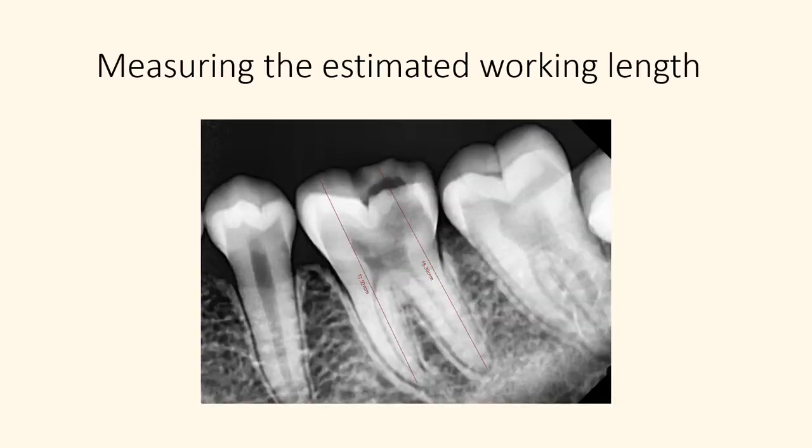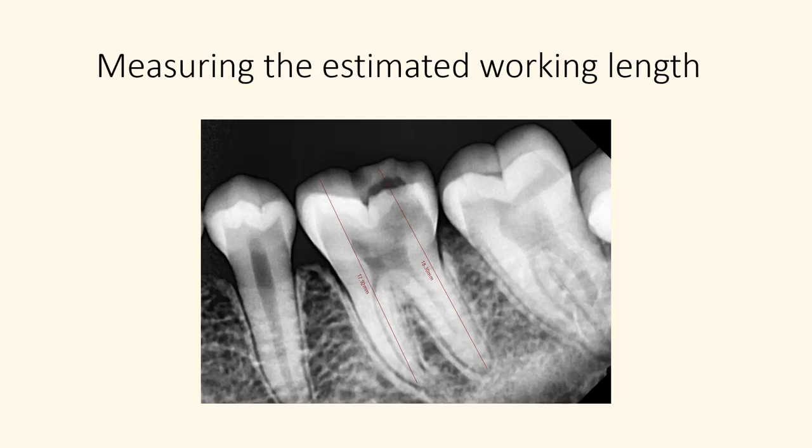And fifth is measuring the estimated working length. This is very important. It will help to determine the approximate length of the initial scouting file you are placing in the canal. If you are using X-ray films, use a scale to measure the estimated working length. If you have RVG, you can use the inbuilt feature in the software to measure the working length. So this preoperative study of the radiograph will guide you regarding the first file you place in the canal, the degree of pre-curvature of the file and the mechanical strategy.